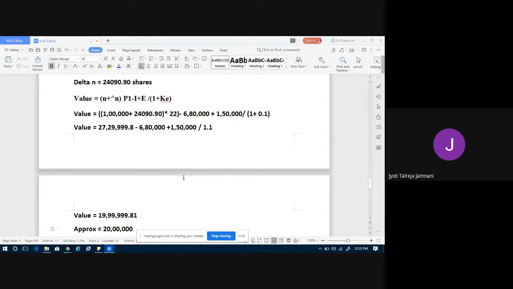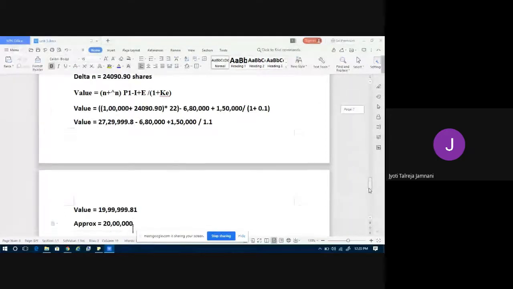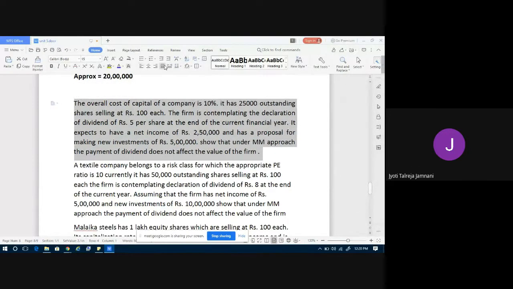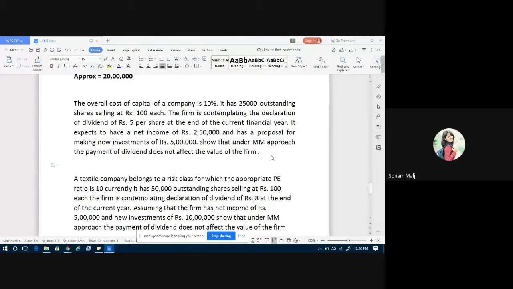Now you might be thinking why this point difference is coming every time. It is because we are taking the shares in point. You're taking 0.90. If there might be some more numbers there, 0.9090, something like that. So if you take all the digits, you will get exactly 20 lakh. If you take 2 digits, 3 digits, then little bit of difference will come. Any doubts with this sum? Okay, now let's do the next problem. I hope it is clear, all are understanding it.